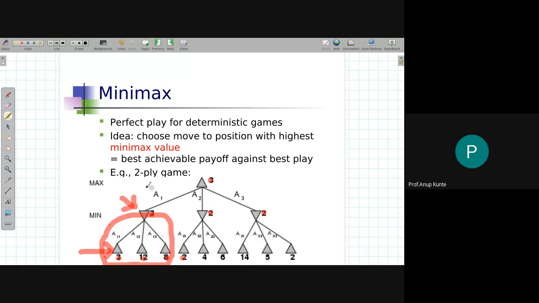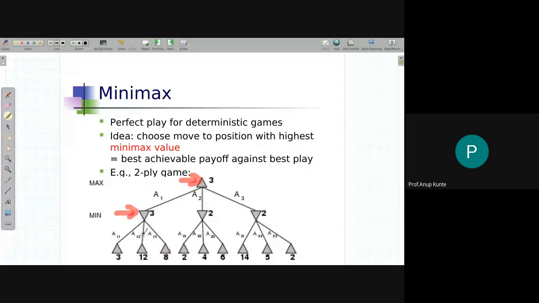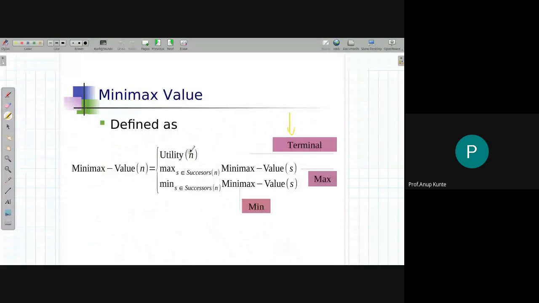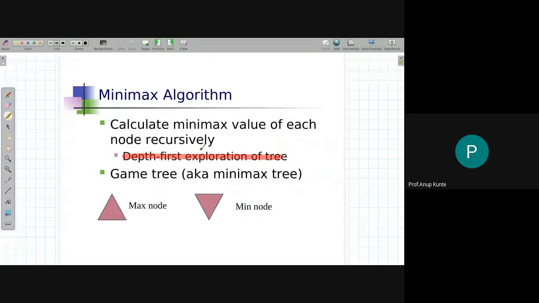So what the minimax algorithm is doing is starting to find the utility value at the root node. To understand the minimax value of this node, it needs to find out the minimax value of this one. To get the minimax value of this node, it has to first find out the minimax value of this one. This being a terminal node, its minimax value by the definition for a terminal node is its utility value. So the utility value is 3.